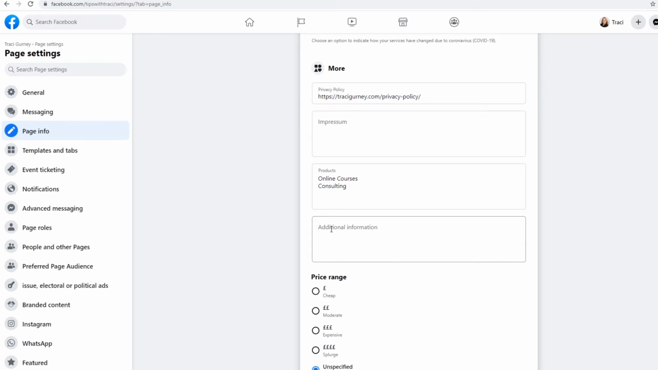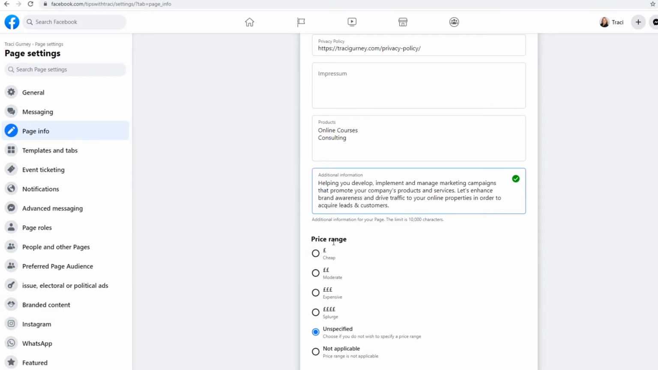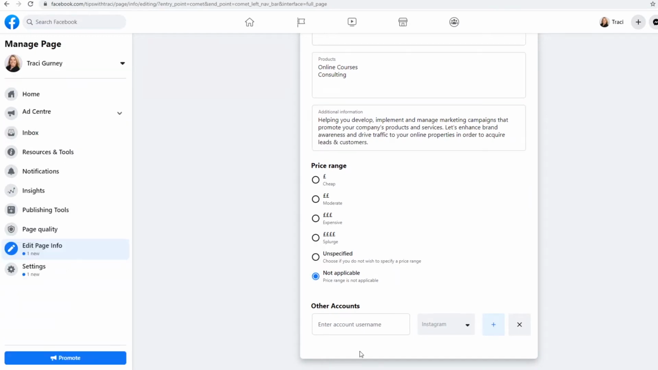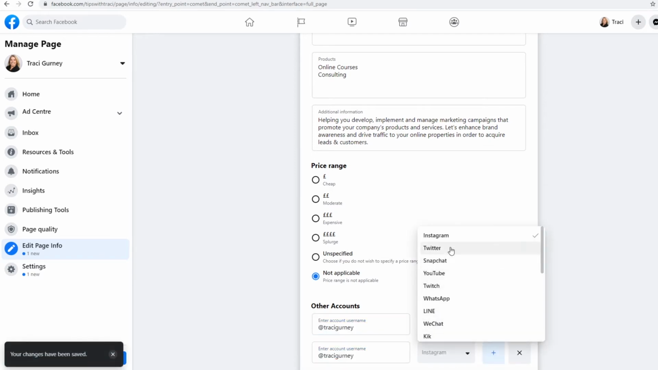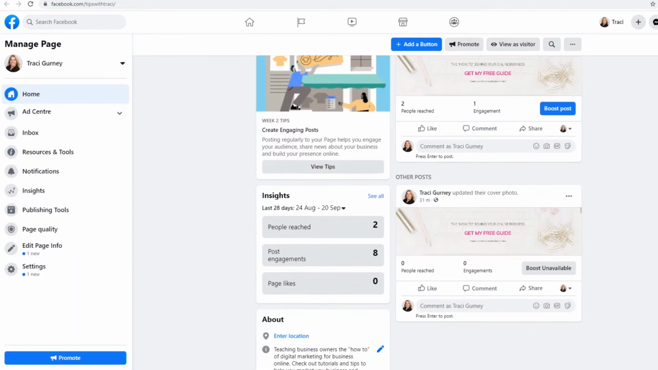Again, this description should be keywords that are relevant to your company, but not the same as the description you've already given above. And then price range, make sure you fill this out properly. And we're also going to add our other social properties. We're going to go under other accounts and enter our account username and then choose the social property. And I'm going to add another one. I'm going to add Twitter. And now those will show up on my page